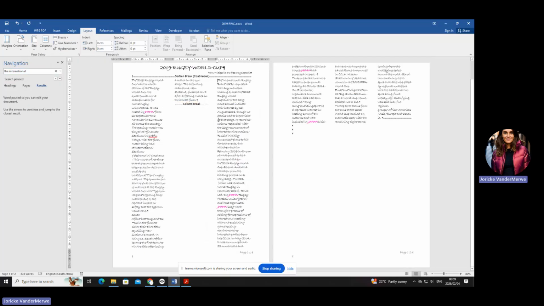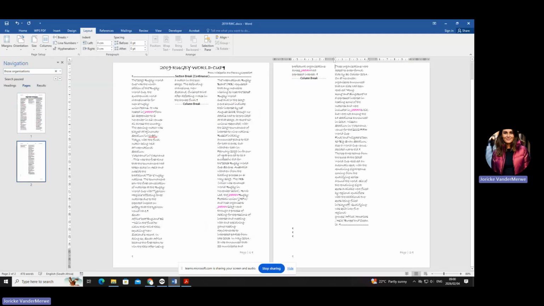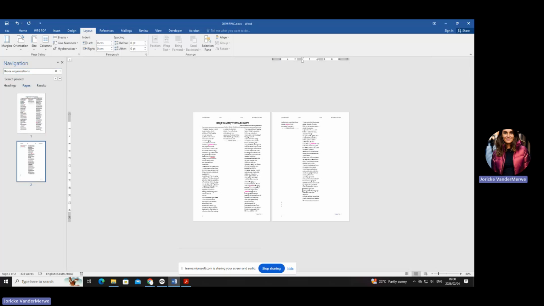It's just the way that it has been portrayed because we are doing it correctly. And then the next one is those organizations. And that's why I actually did my own columns with you, because this one is not a very nice column to start off with. Okay, but this is what I wanted you to do. Okay, so it's going to look funny, but this is what I wanted you to do.